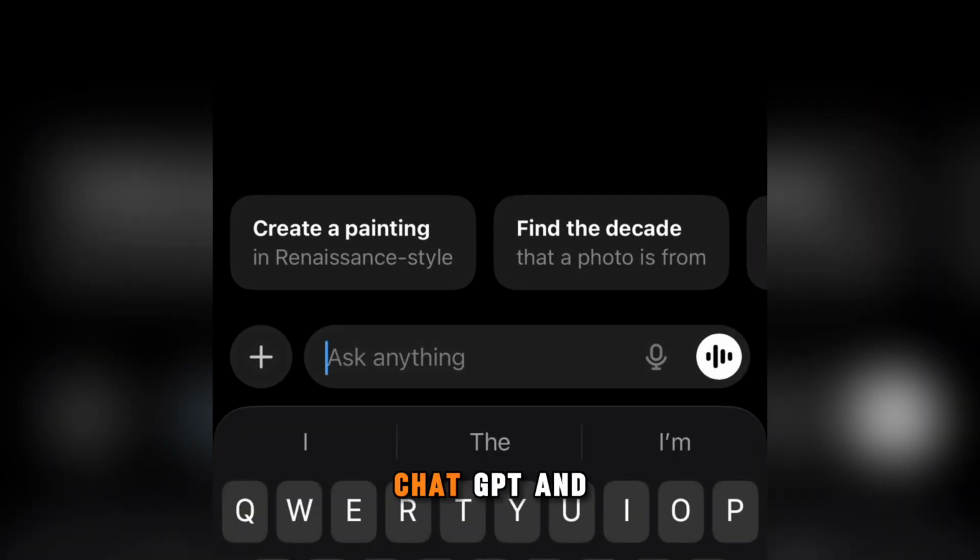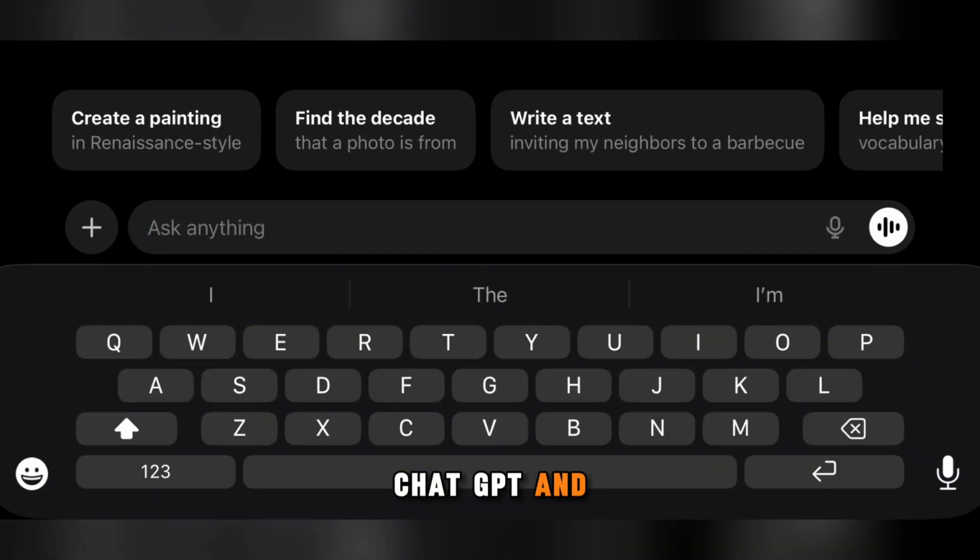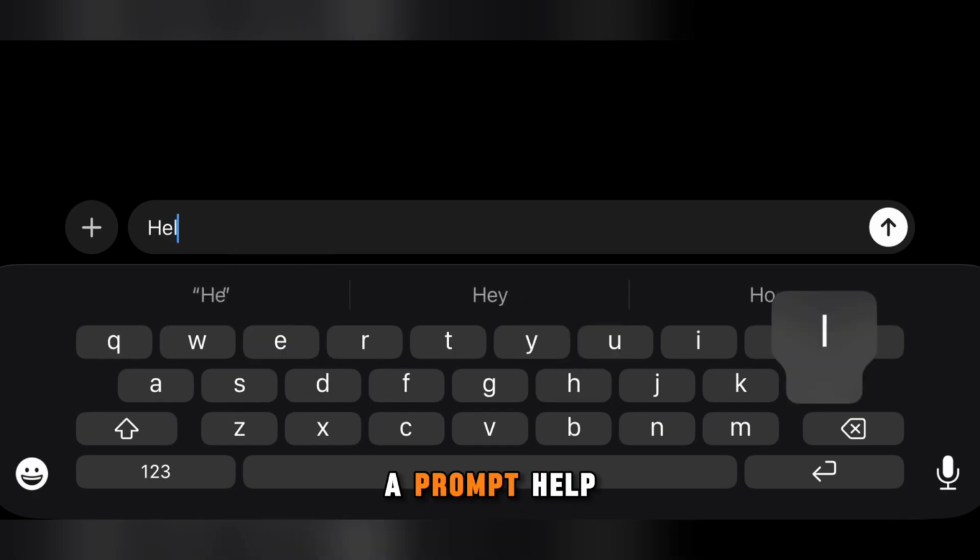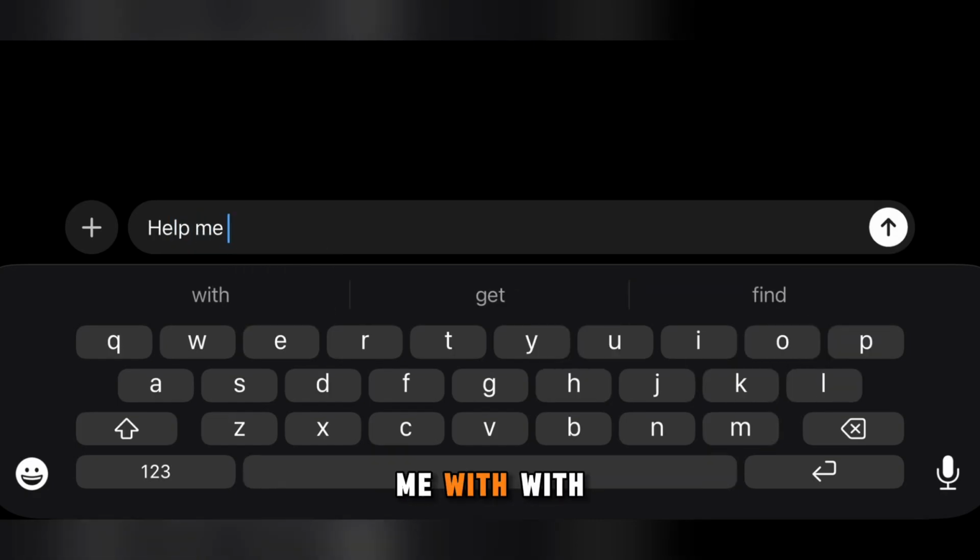This is my ChatGPT, and what you are going to do is ask ChatGPT to generate a prompt for you. Probably when you try to generate prompts by yourself, you are going to have some mistakes, and you are not going to give a straightforward and professional way of generating prompts. So you give ChatGPT the go-ahead to do that for you. You are going to ask ChatGPT, help me with a prompt, help me with a prompt,